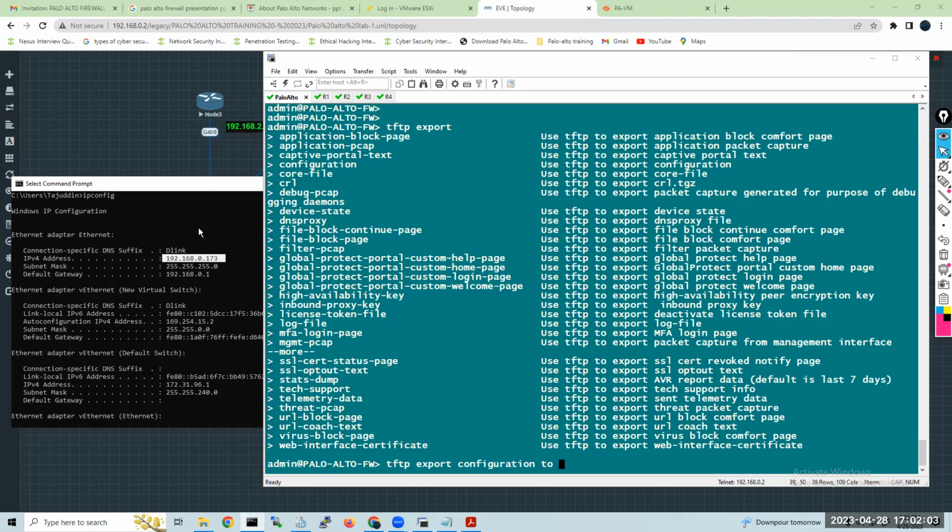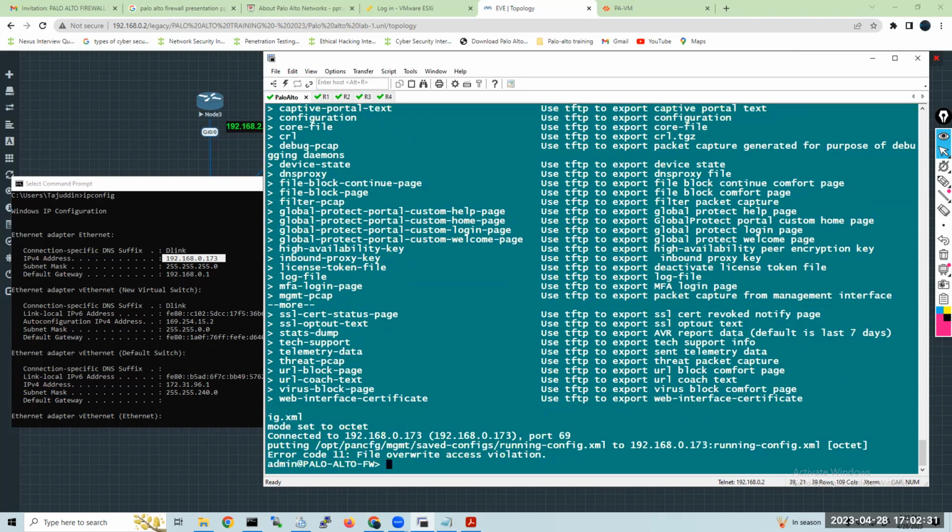So let's do that. Configure, from running configuration to XML, 192.168.0.173.